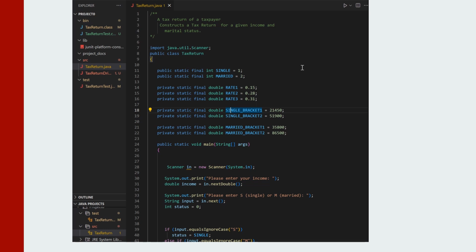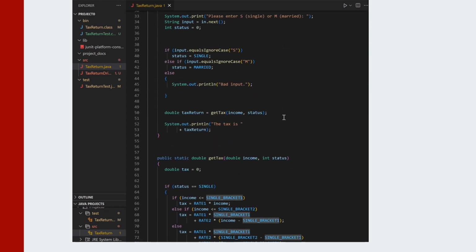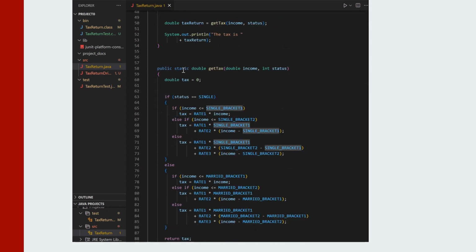Now, in a previous video, we talked about writing a tax return where we hadn't talked about objects yet. And at first, we just wrote all of the logic for the tax return inside the main method. As we learned about methods, we actually were able to peel out the information, and we created a